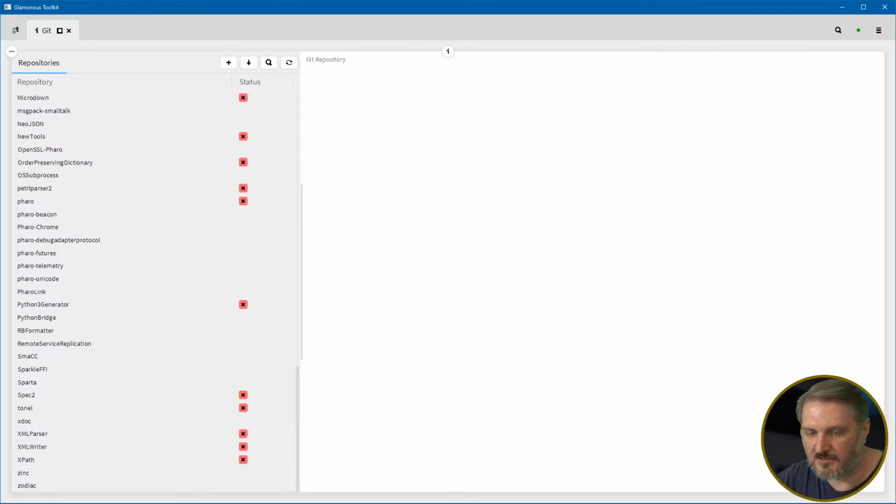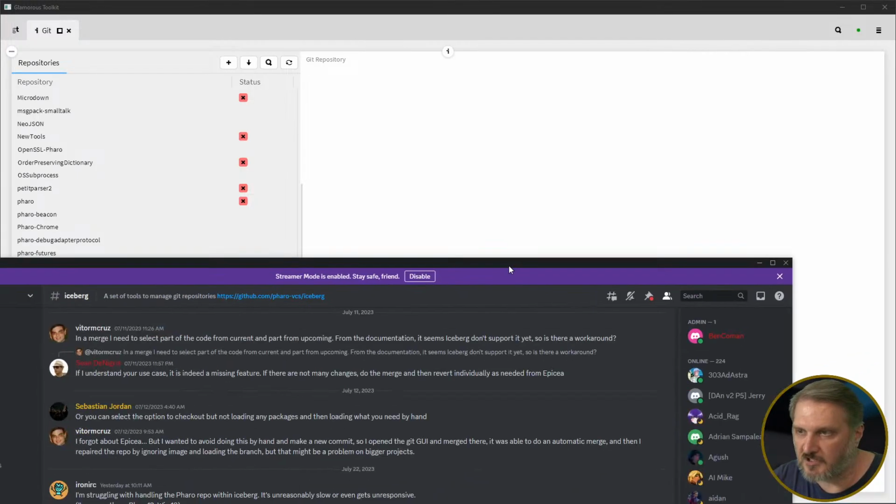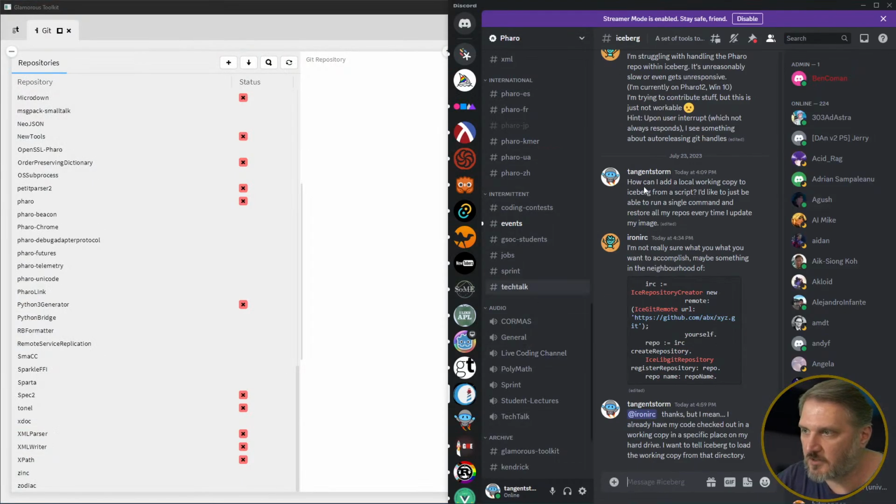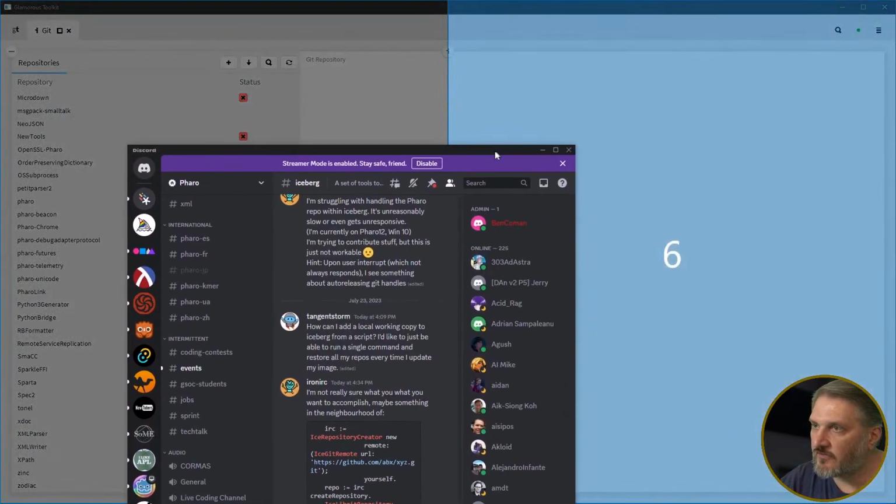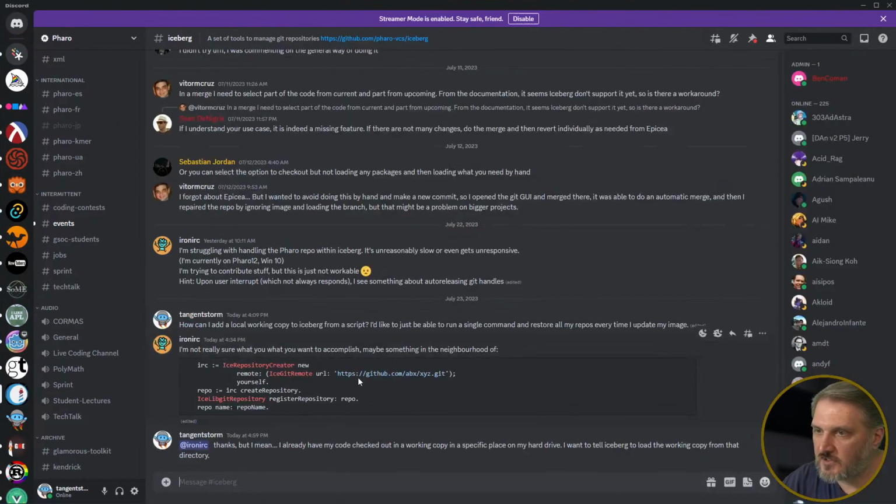I asked on the Discord, the Pharo Discord, how can I just programmatically add my local working copy to Iceberg? And I got a response from somebody who seems to know what they're talking about, but they did not answer the question that I asked. And so I said, how can I add a local working copy to Iceberg from a script? I'd like to just be able to run a single command and restore all my repos every time I update my image. Okay. And then